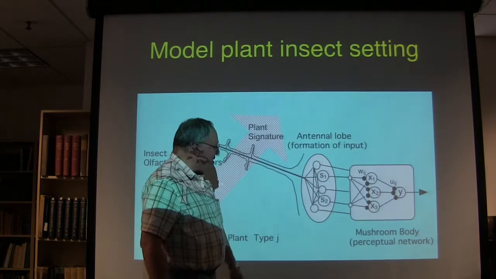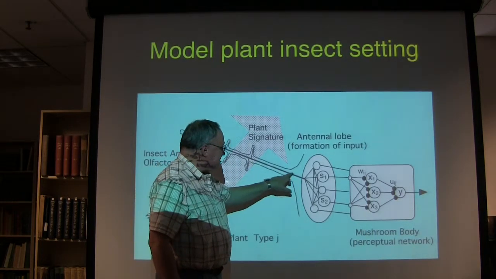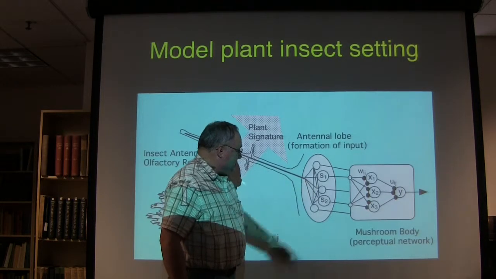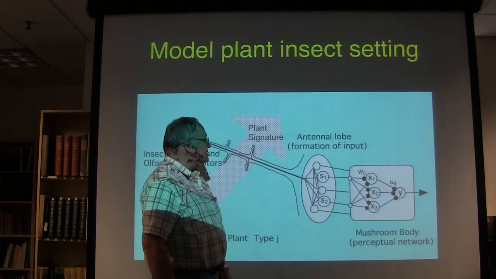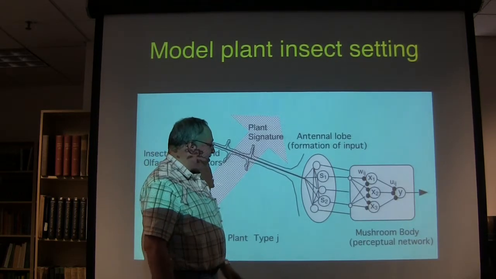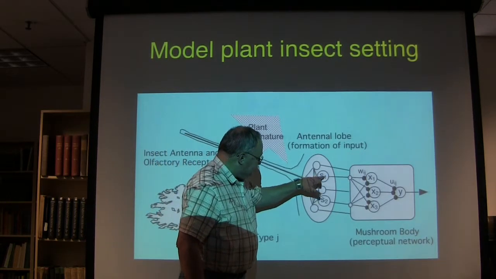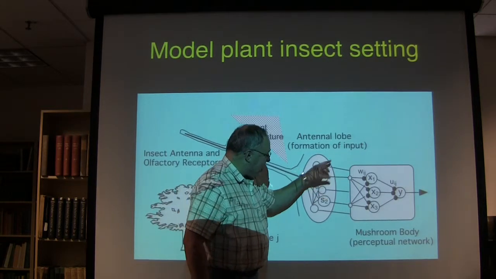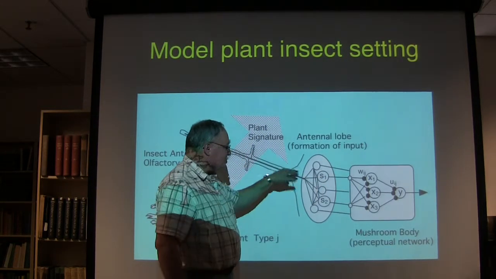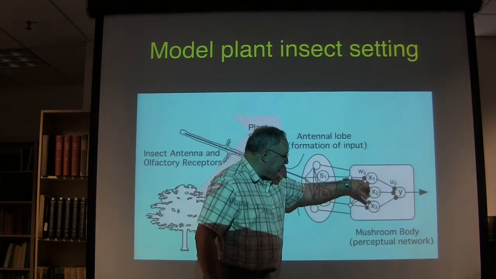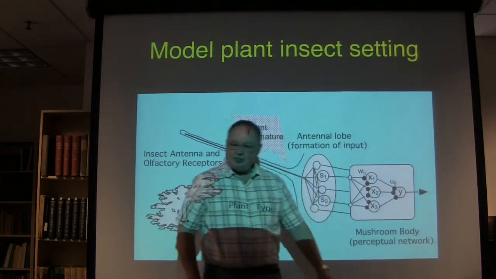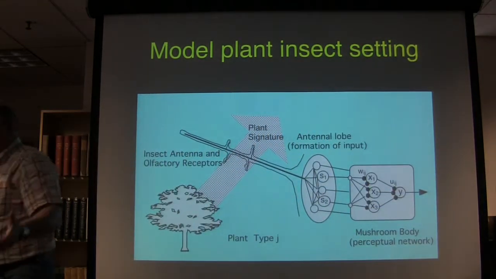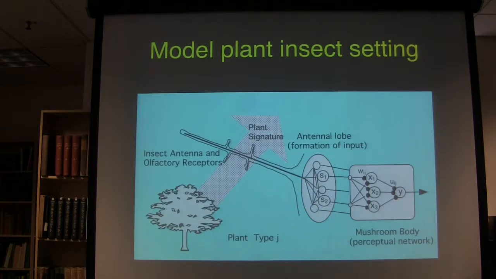This is actually an artificial neural network in which the signal comes in to this processing. This is in the antennal lobe of an insect, and then this information is summed up and goes through a transducer of sorts, and then goes to a second layer and a third layer and maybe many layers, and out comes an output that says 1 or 0, exploit this plant, don't exploit this plant, etc. So that's our basic model.